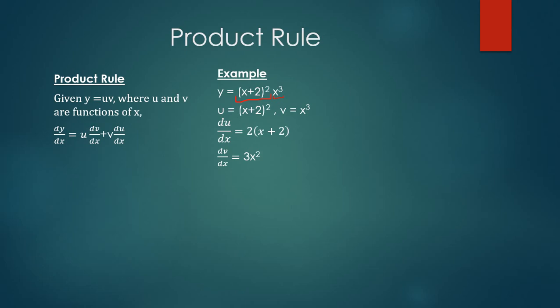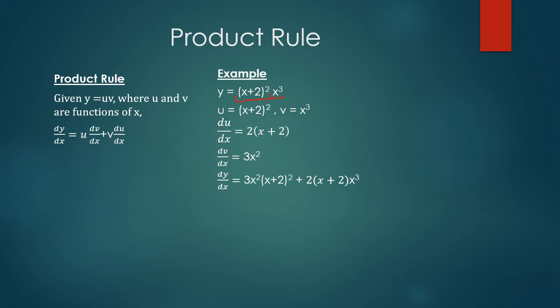So we have all we need. So to find dy by dx, we need u, we have that already, we need dv by dx, we have that, we need v, already have that, and we need du by dx, which we already have. So now the rest is just substitution. So substituting for u, dv by dx, v, du by dx, we have that. Now